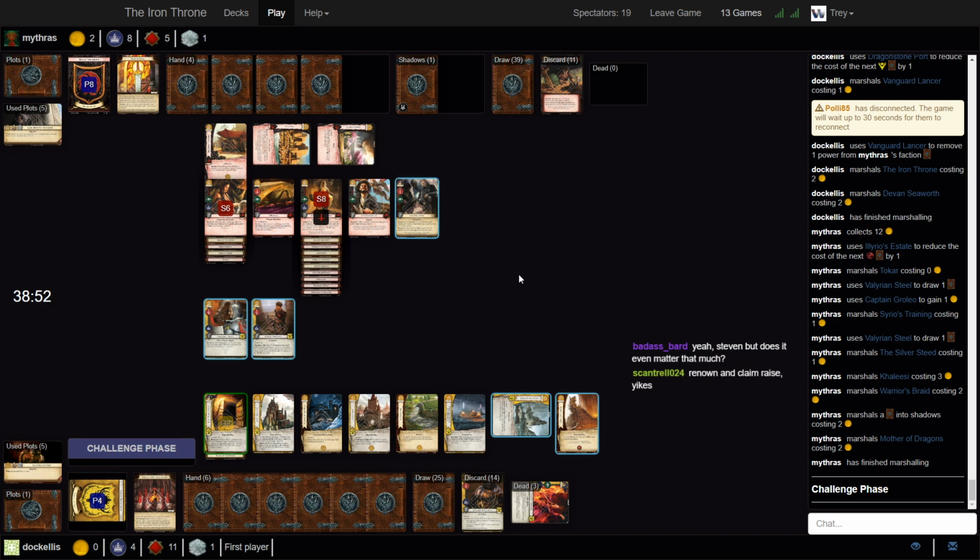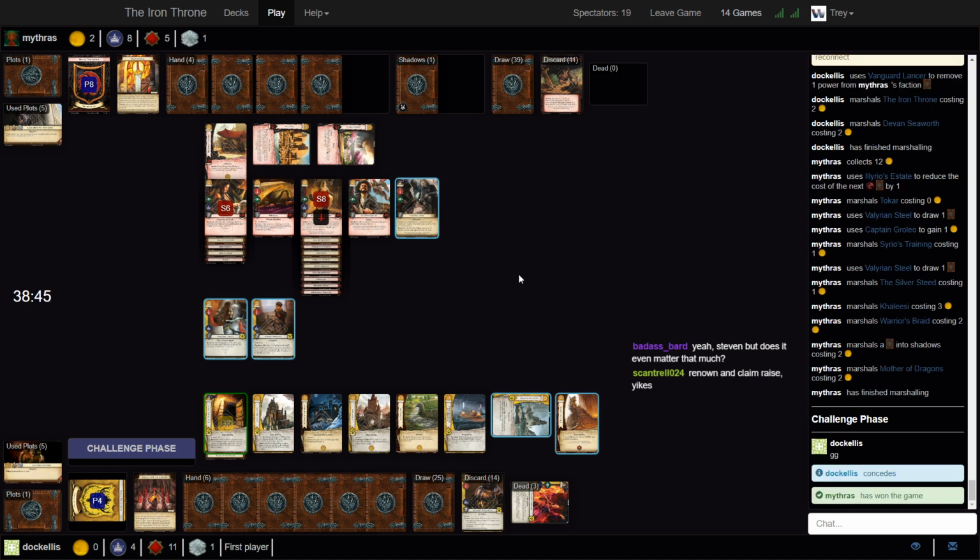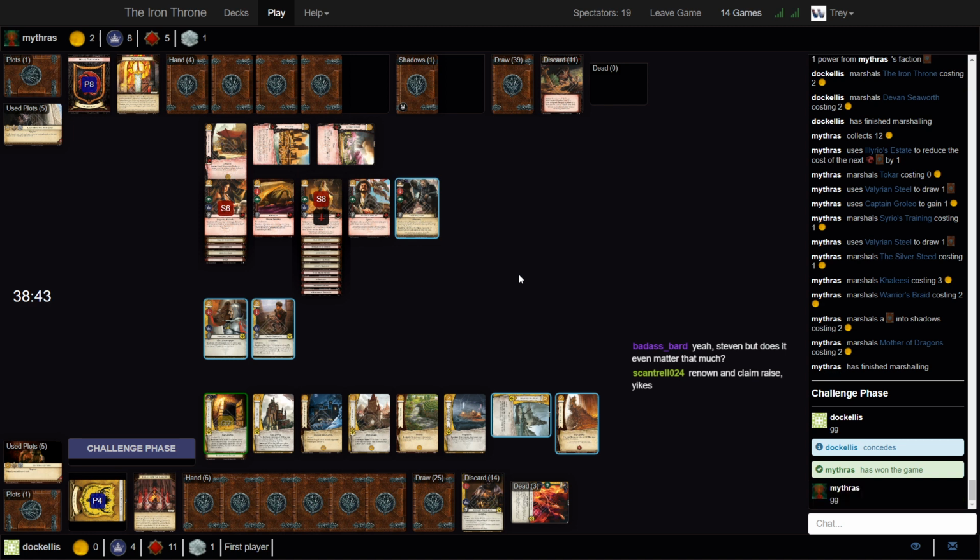A lot of it just simply depends on, yeah, he sees it. Targ has to have a bad draw for him to have a shot, because if Targ sees its stuff and doesn't misplay, then...